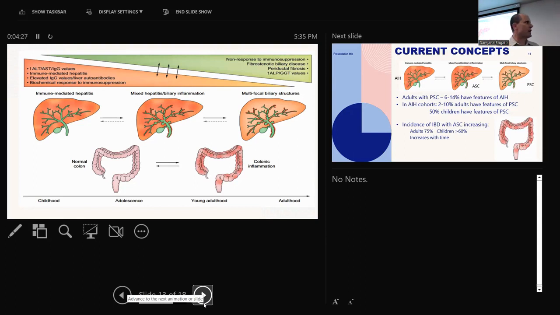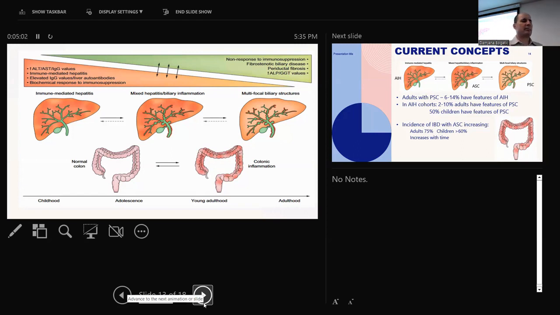autoimmune sclerosing cholangitis. And we find that over time, at least in the pediatric age group, and probably going into the young adult age group, we do see people who start off more as an autoimmune hepatitis type presentation, moving into this overlap syndrome or autoimmune sclerosing into the middle picture there, and then perhaps onto the last one. You can see the arrows there, the filled in arrows versus the dotted arrows. Also the link with inflammatory bowel disease that Kate mentioned.